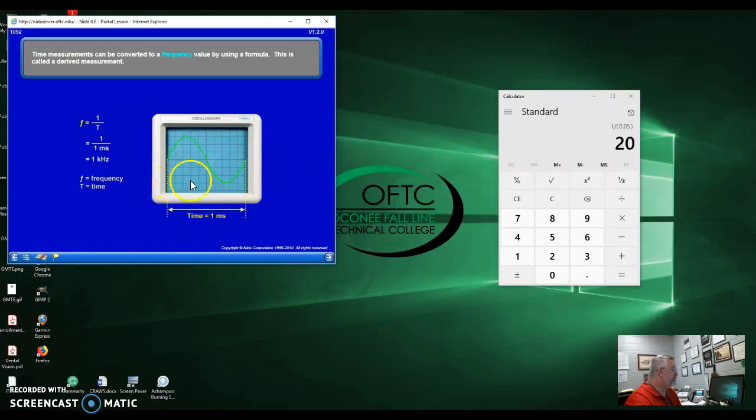So this is 1 millisecond of time, which means our time per division has to be 0.1 millisecond. So we start here at 0, 0.1, 0.2, 0.3, 0.4, 0.5, 0.6, 0.7, 0.8, 0.9, and 1 millisecond. And then we get the inverse of that. That's 1 kilohertz, or 1,000 times per second. So you see that the smaller this number, the higher the frequency, and the larger this number, the lower the